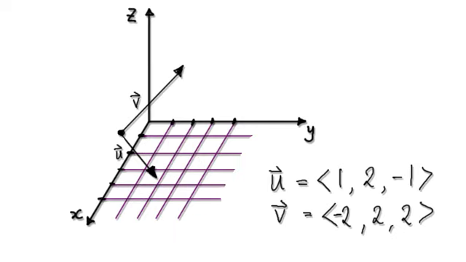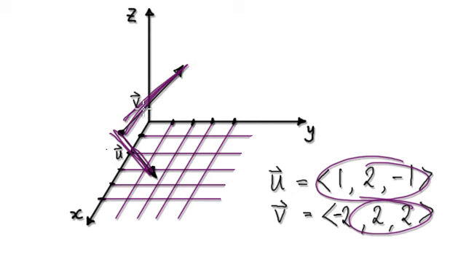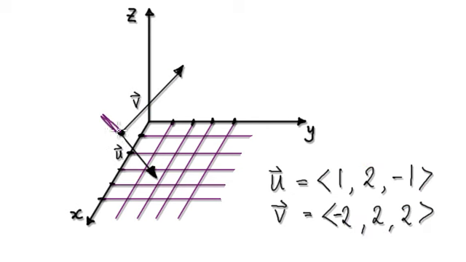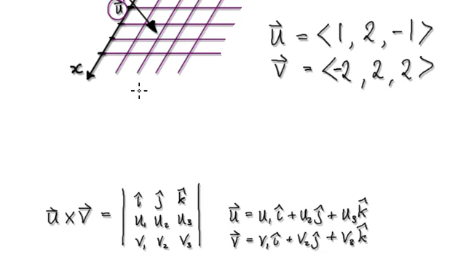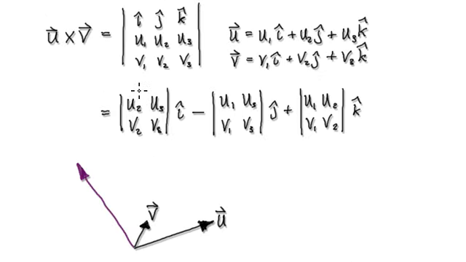In this video, given two vectors, we are going to work out the unit vector that's perpendicular to these two vectors. So remember, as a reminder, given two vectors, if you mindlessly compute u cross v, then it's going to give